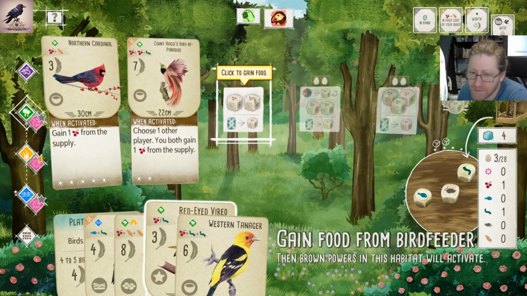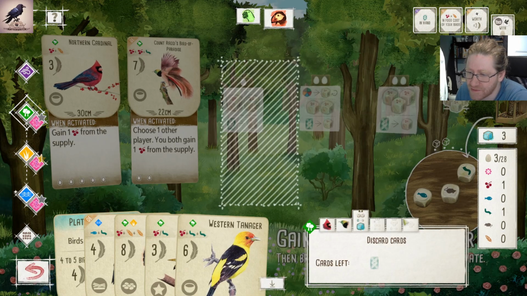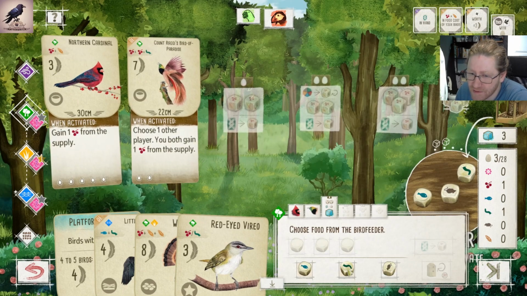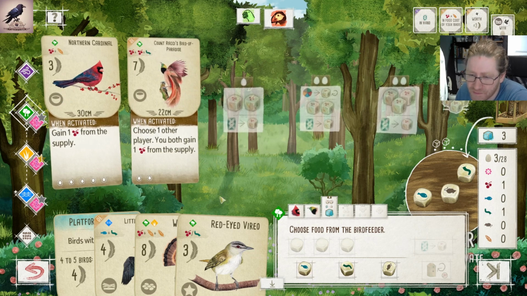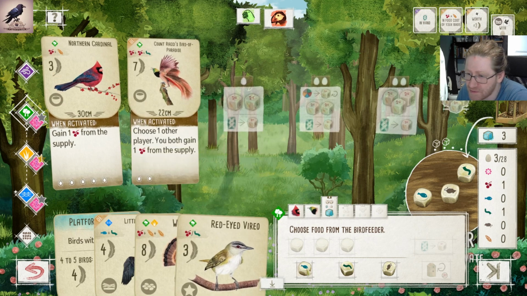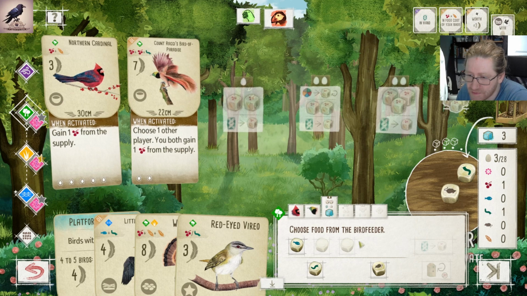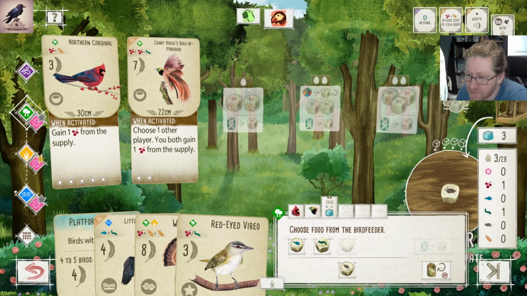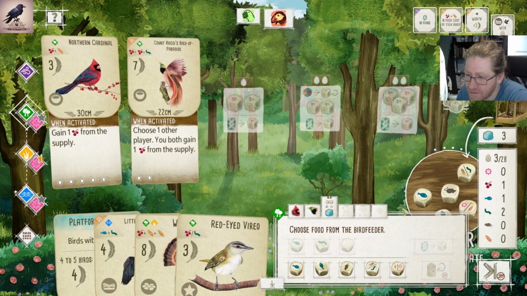So let's see. Let's push for some food here. I don't think we're playing the Western Tanager, so we can spend that card to pick up more foods here. We get 2 cherries from these birds. We don't need to worry about that, but we need to worry about this fish. And we don't really care about either of these anymore. So let's just take that, and let's also take here